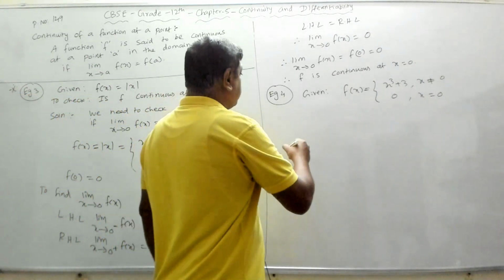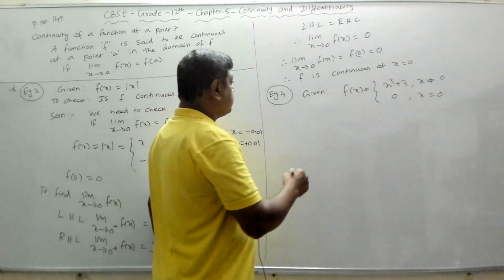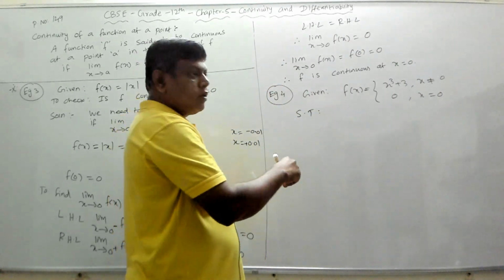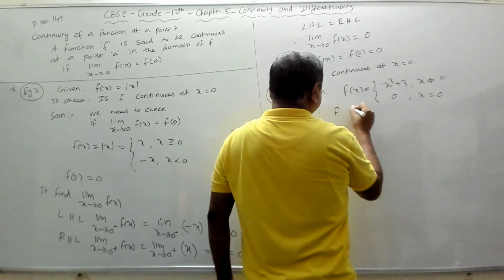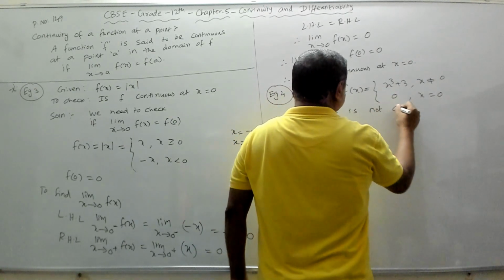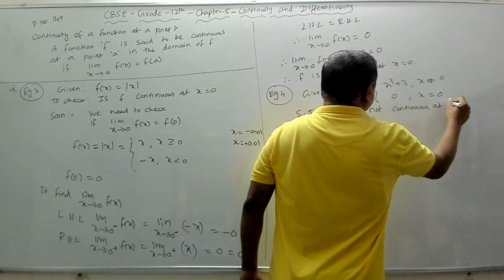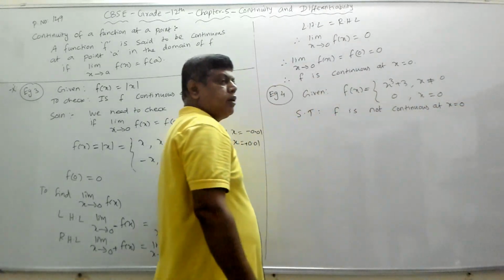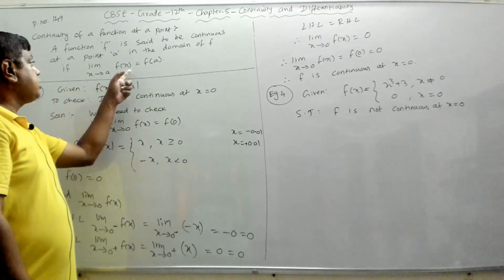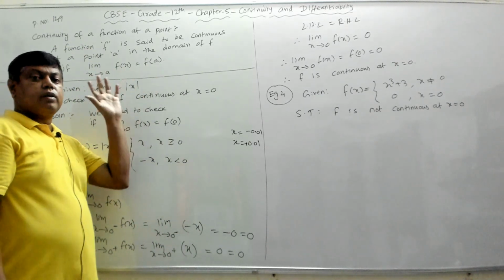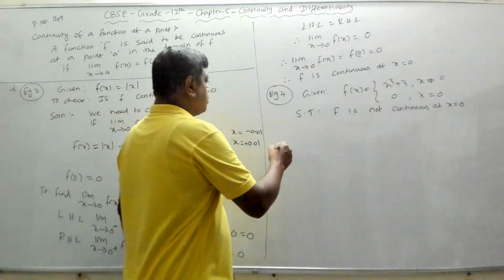What we have to show? We have to show that, ST means show that or prove that, show that f is not continuous at x equal to 0. We should prove that f is not continuous at x is equal to 0, which means we should show that these two don't match. Limit x goes to a, f of x doesn't match with f of a. Right? So solution,